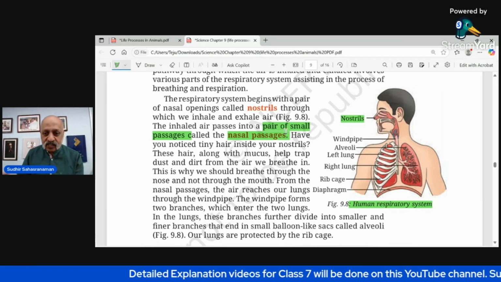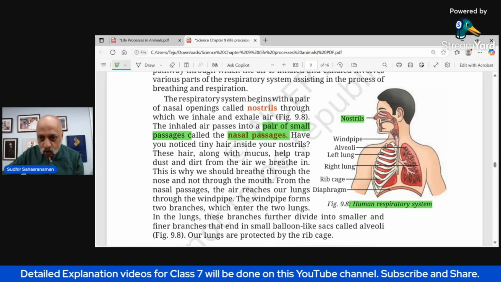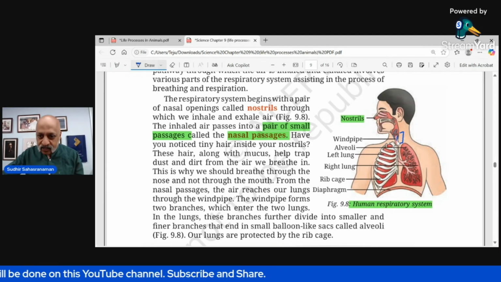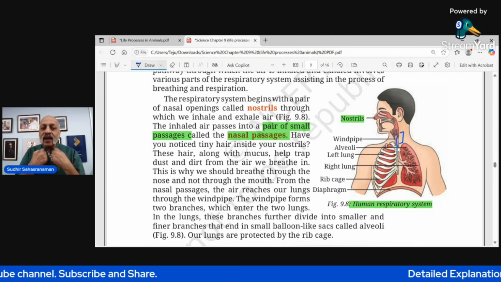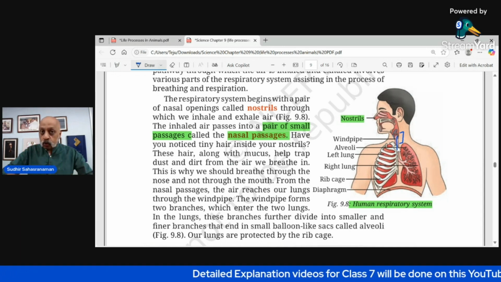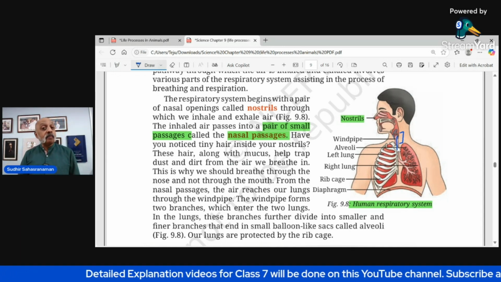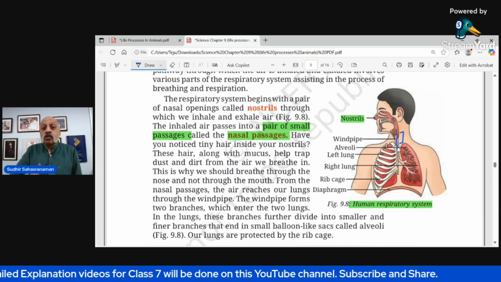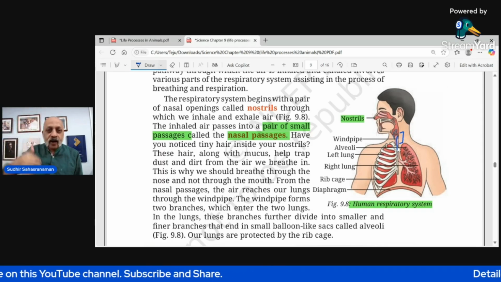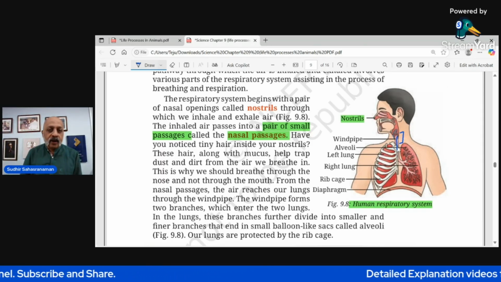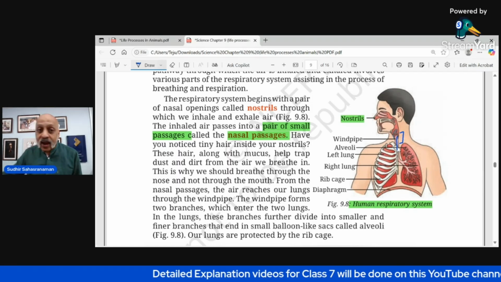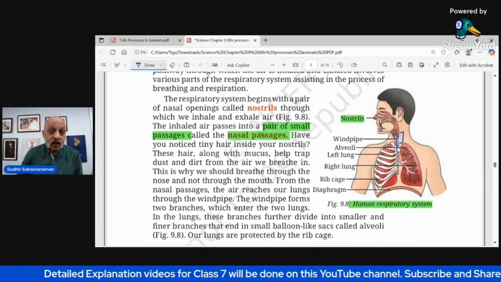Now, from the nasal passage, which is going in, you come into the windpipe. Now, the windpipe and the esophagus are both going inside, almost parallel, right? Which is why sometimes when you're eating, you suddenly start coughing. And then your mother or father will just go tak, tak, tak to settle you down. Or you are eating, and you're also laughing at some joke your brother or sister or parent may have cracked.